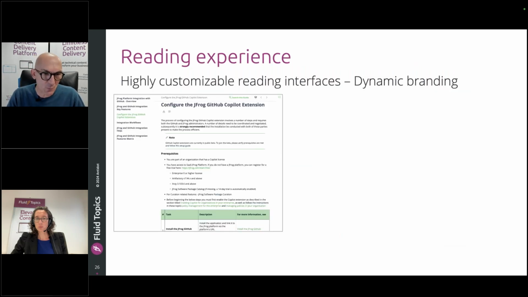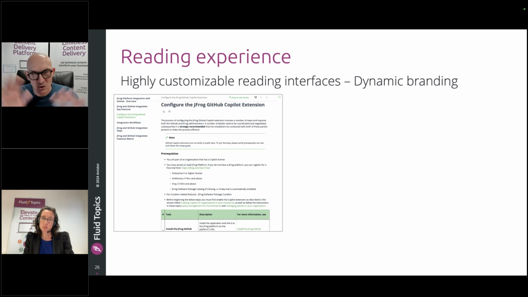Another thing that's important as well, as part of what you need to analyze when you choose a CDP and you move to this new paradigm, is what is the reading experience you want to provide? Can this customer experience, reading experience be defined the way you see it, the way that fits you with your content, with your product, with your strategy? Again, as opposed to having something that is super hard-coded, rigid, and where you can just change the colors and maybe the logo. Can you do so? Can you make that look like what you need depending on the type of content?